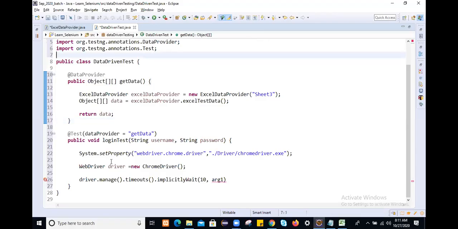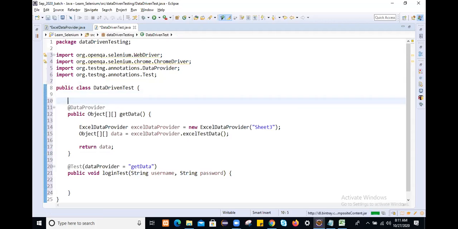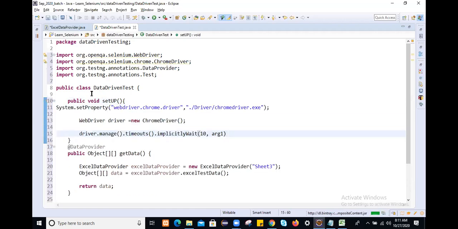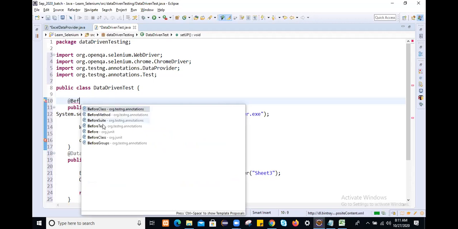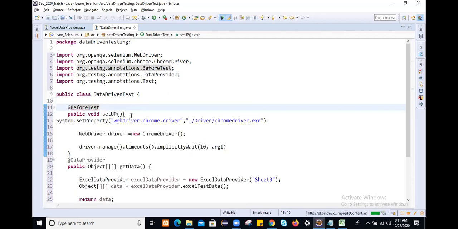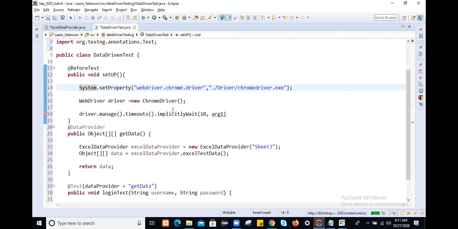These steps you can write within the before method and after method also. If you want to write them, let it be; I will cover this in the before and after methods. So I will write a public void setup method, which helps us set up the browser properties, with the annotation @BeforeTest. Before and after methods are executed for every test, and BeforeTest will be executed only once. Okay, so timeout.